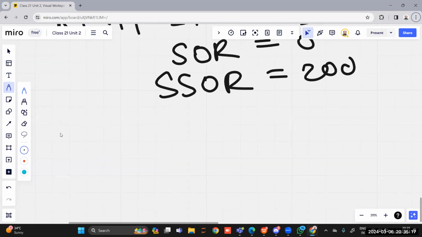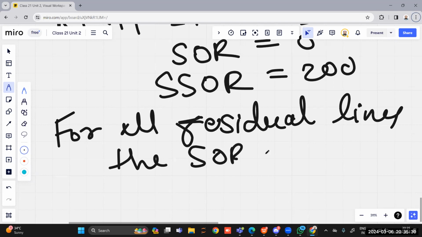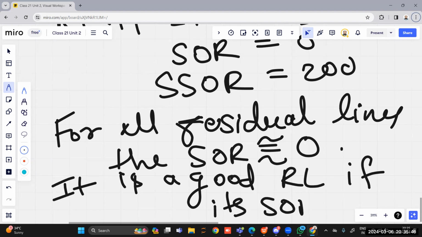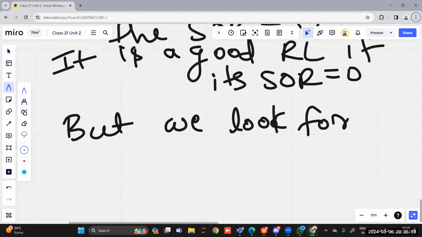I've told you that for nearly all residual lines, the sum of residuals will be 0, approximately 0. It is a good regression line if, I write the short form SOR is equal to 0, but we look for a line